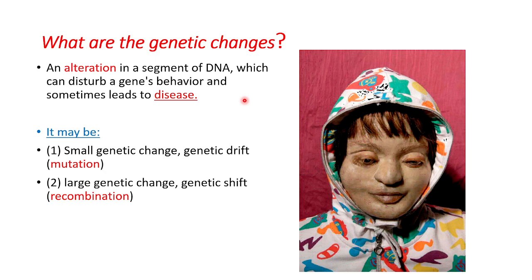So what are the genetic changes that you basically observe? First one is an alteration in the segment of DNA. That can be a mutation, a single nucleotide polymorphism, that can disturb a gene's behavior and lead to a diseased condition. So these alterations may be mutations, where you observe a small genetic change, which you can call a genetic drift. When the genetic makeup of that particular organism is shifted by a very small change, say a particular nucleotide or 2 to 3 tandem nucleotides, repeated sequences of nucleotides, this is a very small change. So we call that a genetic drift, just a small drift that has occurred,